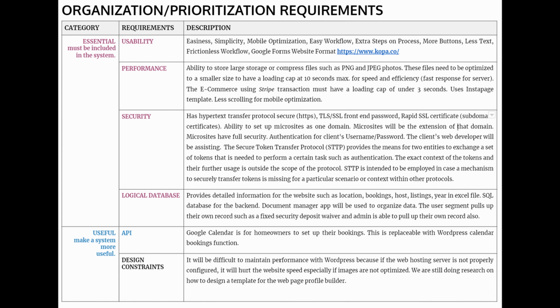I will be going over the organization and prioritization requirements. So I listed the first four as essential because if you think logically, this is all very beneficial for the client. Now I put Google API under useful because it's useful, but it's not necessary because WordPress already has a calendar